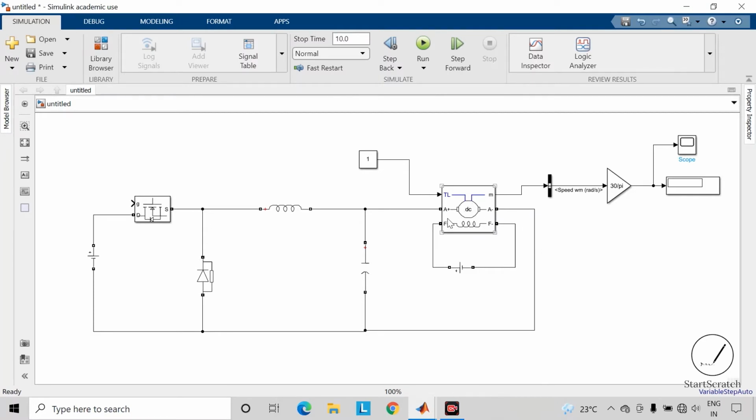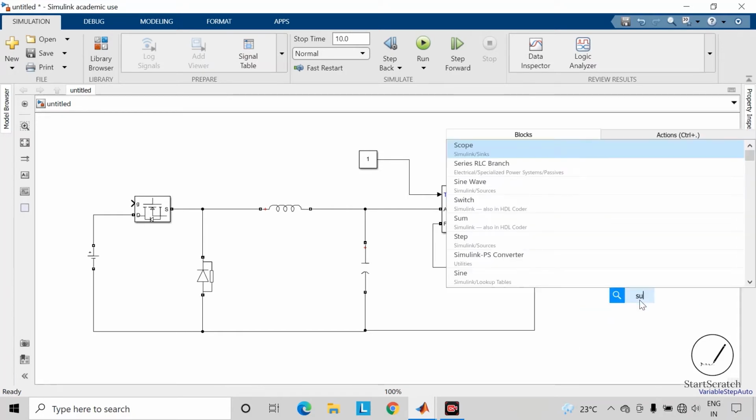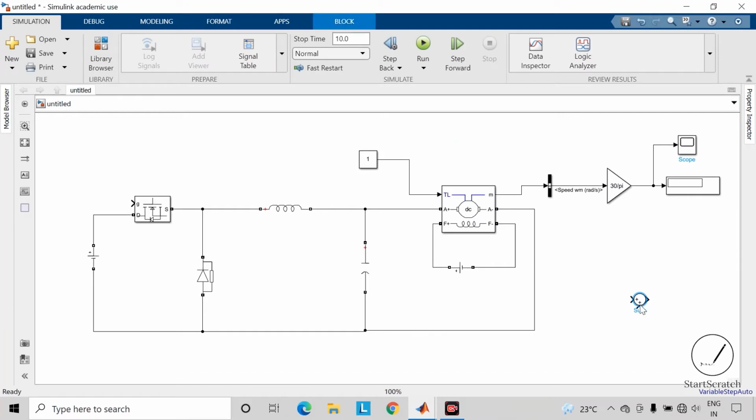So when we are using this armature control method, we will be able to control the speed of this motor only below this rated speed. So now take the sum block. Take the output of this speed and connect it to this sum block.